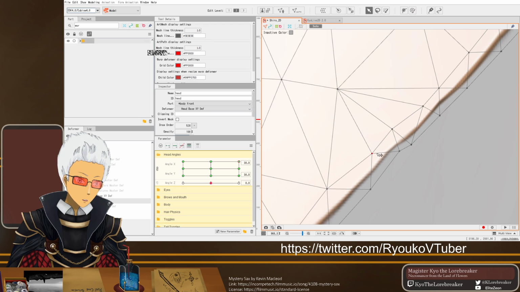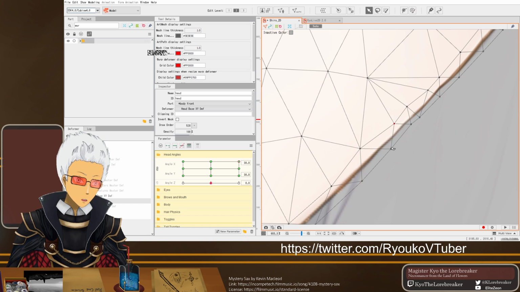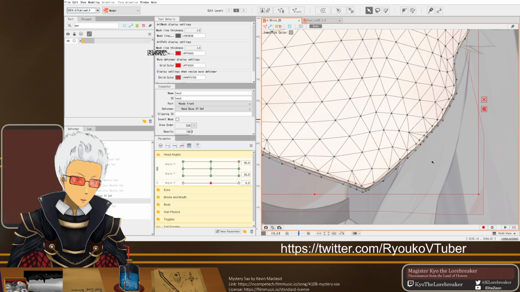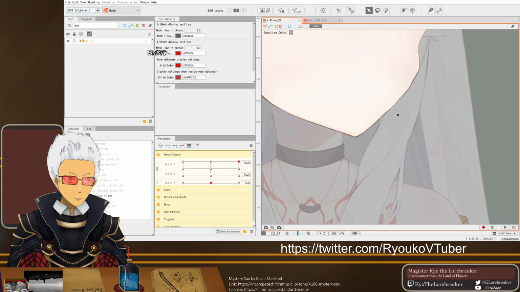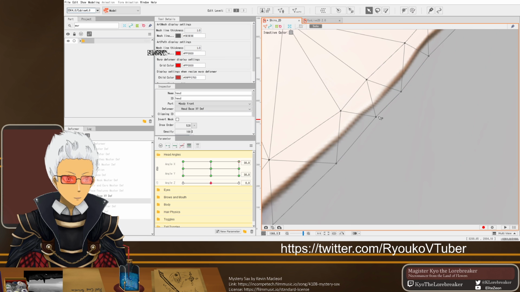Oops, not that. Oh my god, this is painful. Alright, actually zooming out, that's a lot less noticeable, so I might be able to sneak by with this.